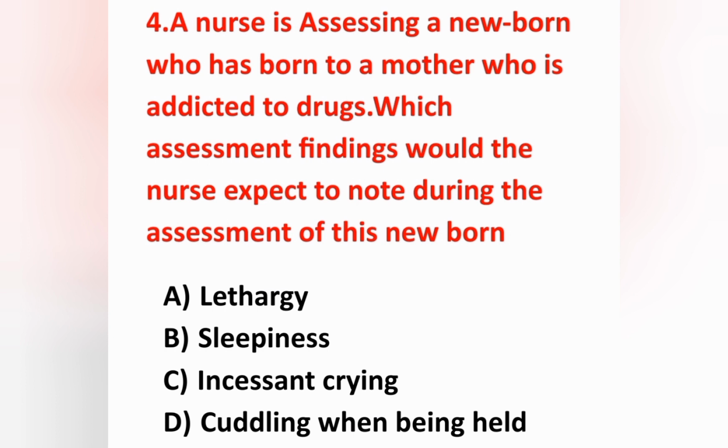Question number 4. A nurse is assessing a newborn who was born to a mother who is addicted to drugs. Which assessment findings would the nurse expect to note during the assessment of this newborn? And options are option A lethargy, option B sleepiness, option C infant crying, option D curdling when being held. In this question, a nurse is assessing a newborn who is born to a drug addicted mother. Okay, while doing the assessment, what can the nurse expect from this newborn,